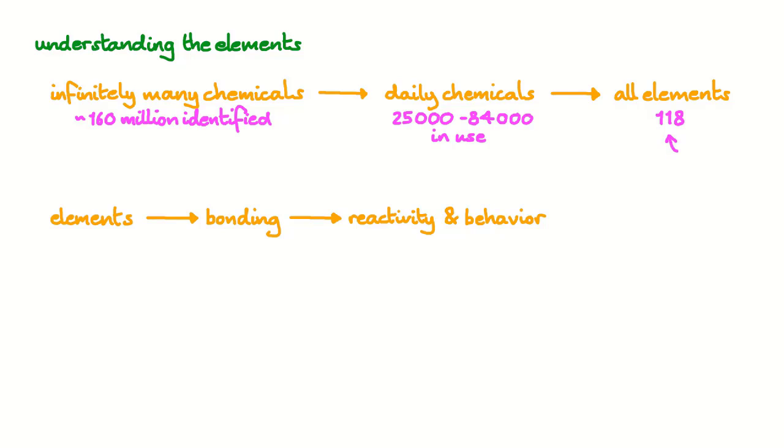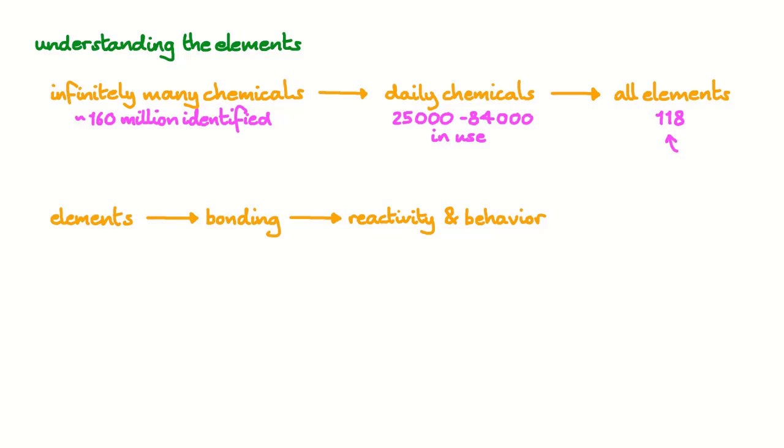However, 118 elements is still quite a lot. So, to help chemists out, there is a tool called the periodic table of elements, which helps chemists remember lots of details about the properties and behaviours of the elements. In this video, we're not going to look at the history of the periodic table. Instead, we'll look at the theory behind the modern periodic table and how you can best use it to become